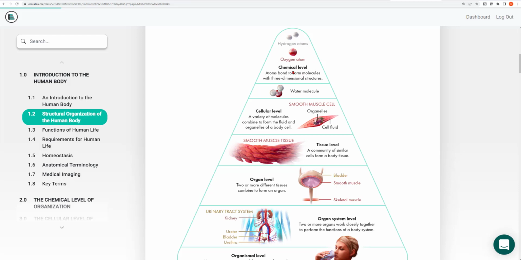Now, we are not going to be focusing on Chapter 2, which covers the chemical level of organization. However, you will see a little bit of information in Lab A, the asynchronous lab that you're all going to be working on over the next 10 or 12 days. That lab does cover some basic ideas from chemistry, a little bit about atoms, a little bit about pH. So you will see some of this in Lab A, and I will highlight the most important components of Lab A as all of you finish up that lab and before we take our first exam.